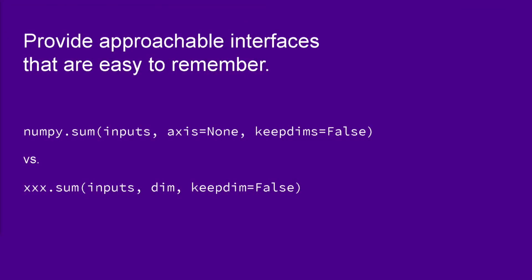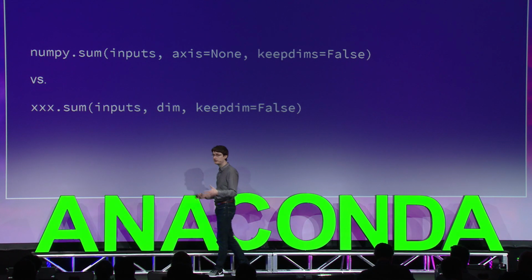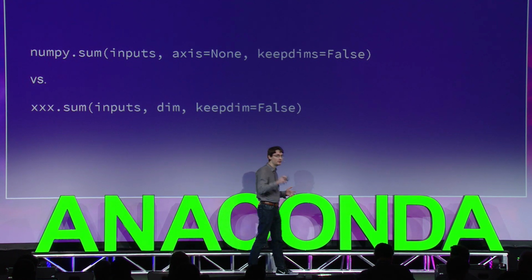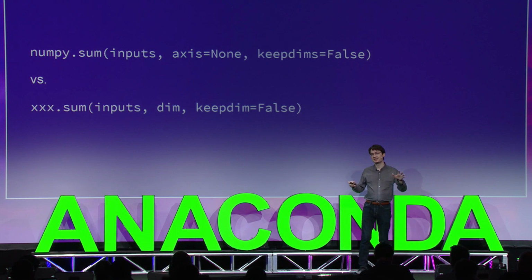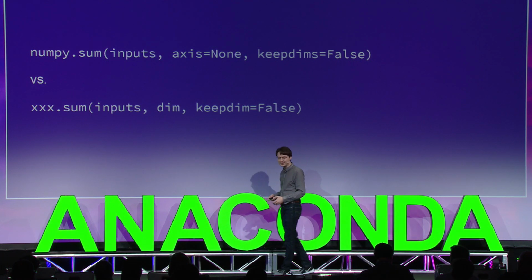And another thing you can do to make hard things simple is provide approachable interfaces that are easy to remember. So naming is super important in software, because software, as I was saying, is not just meant to be executed by computers. Software has users. Software is communication, can be communication across a team, communication with your users. So naming is a critical part of this communication process. So naming choices, there are only two hard problems in computer science. One is naming things, and the other is cache invalidation. So naming things,